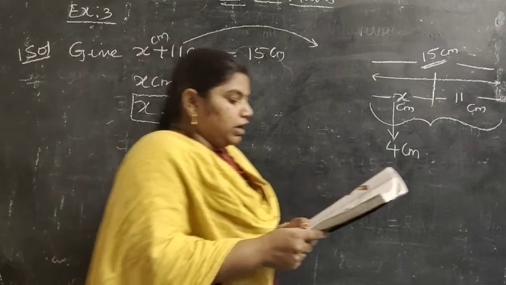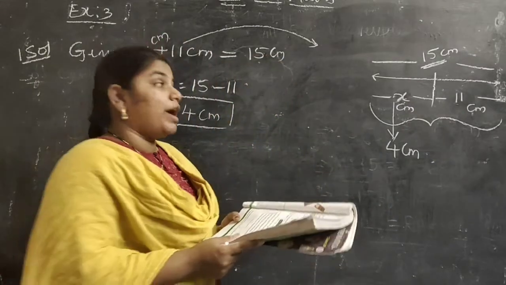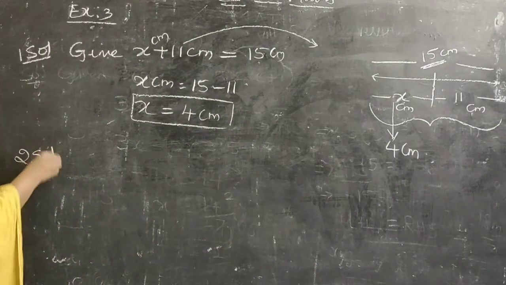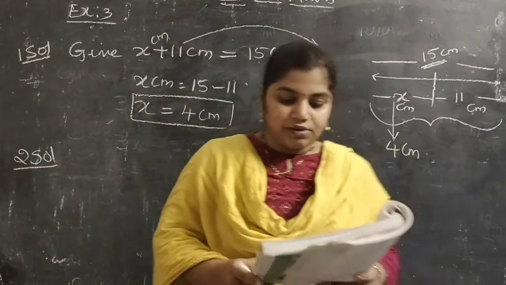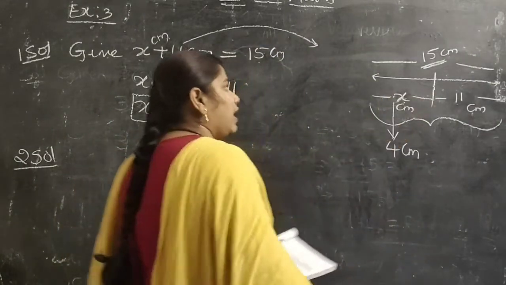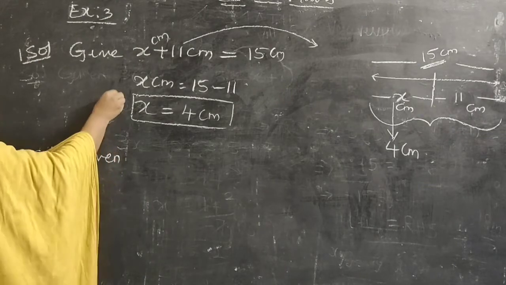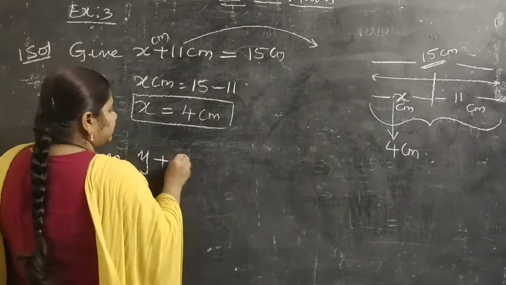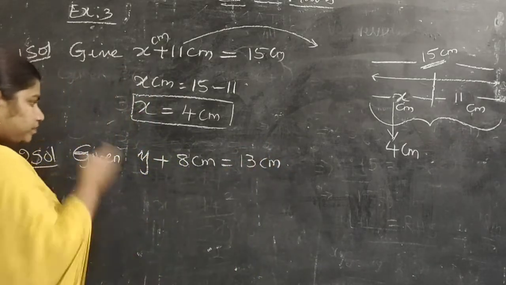Write the following information given in the picture in the form of an equation. Also find the value of y. Now you have to find the value of y. In the second picture they have given one pen. They have given one pen and half of the length they have given as y centimeters and the next half as 8 centimeters and the total length as 13 centimeters. We have to find the y value. Same as this one. That is y plus the next part, how much? 8 centimeters is equal to the total, 13 centimeters.